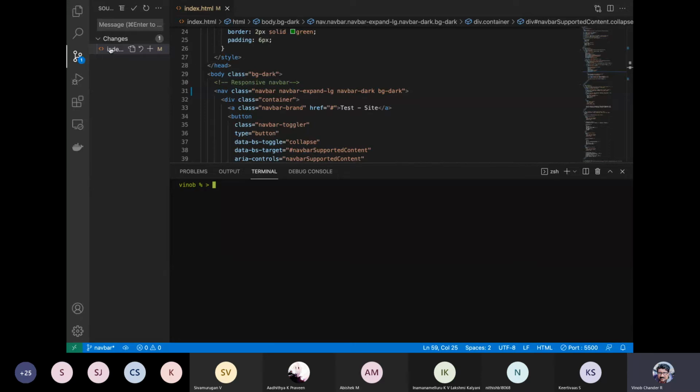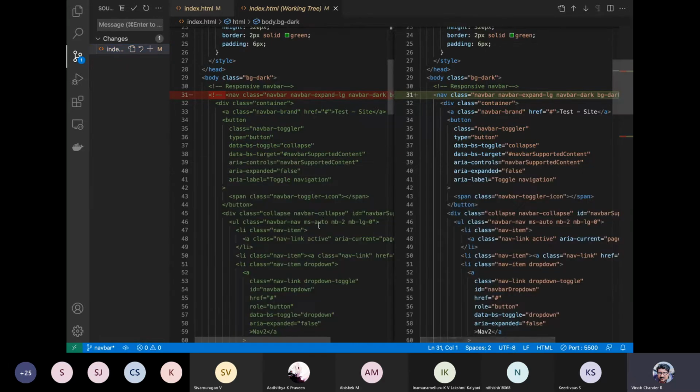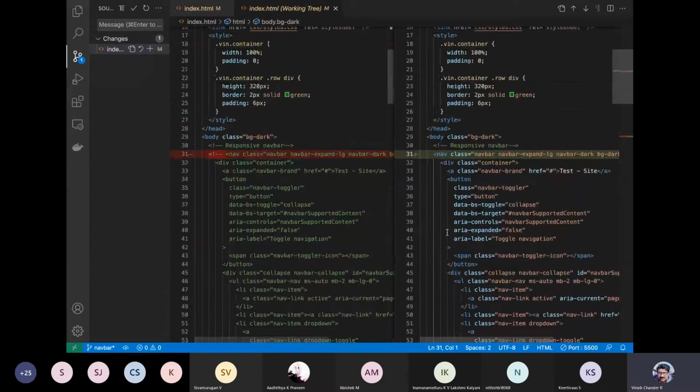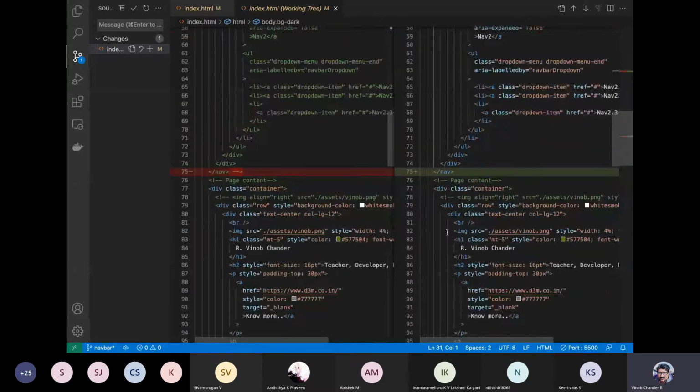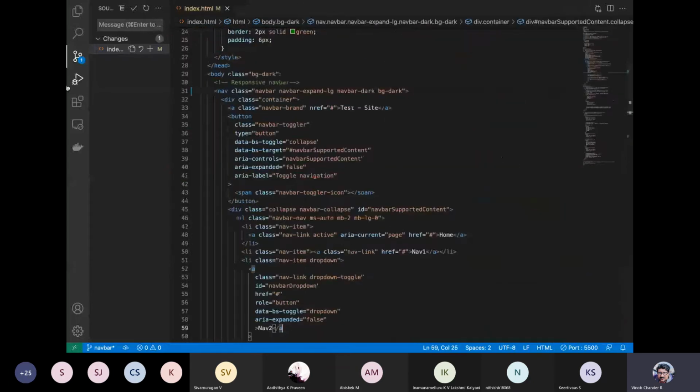So, let us at least view what the change is here. As you can see, guys, this is the diff that you are able to see before and after. This was all commented out, and then you have uncommented this particular thing in the branch. So we have made use of this source control tab to see the changes.